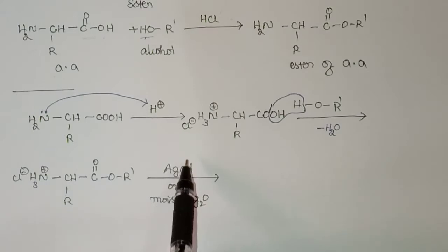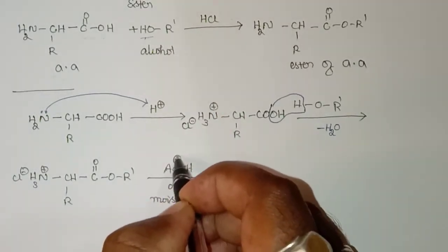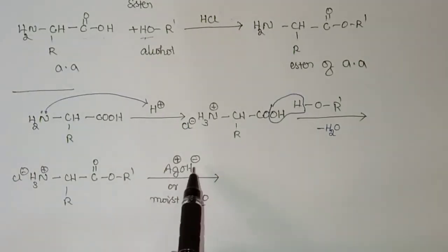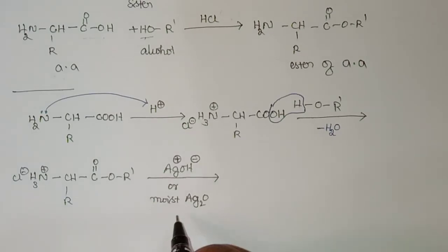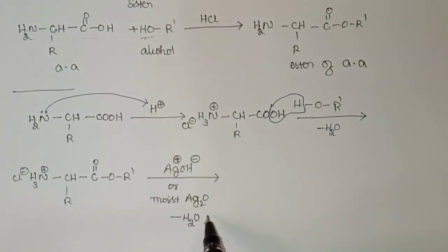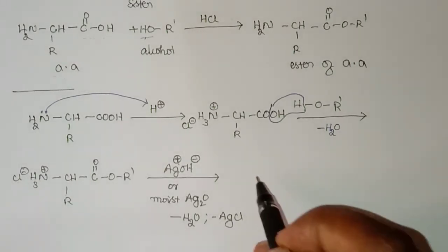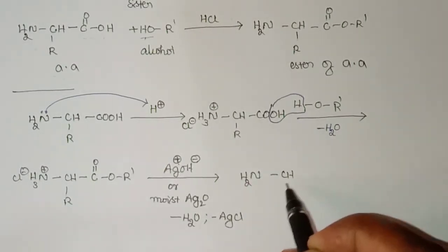If you use AgOH, here we will have Ag plus and OH minus. The OH minus will pick up the excess H plus, and that results in the elimination of H2O, and the Ag plus will pick up the Cl minus, and that results in the elimination of AgCl, and finally you are going to get NH2 CH R